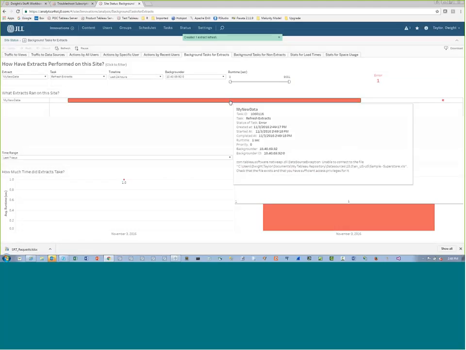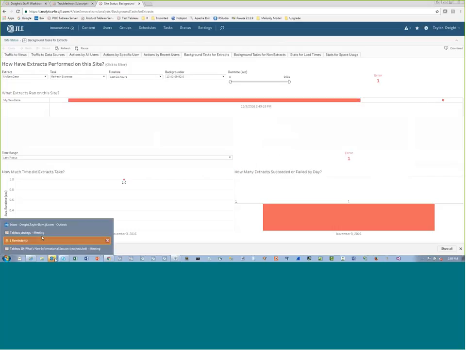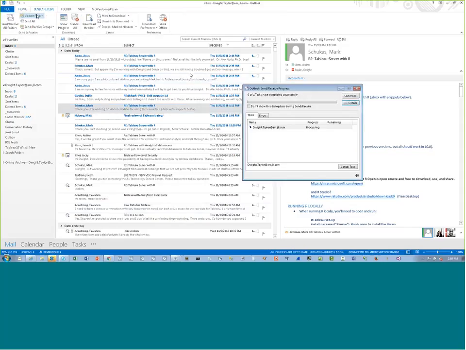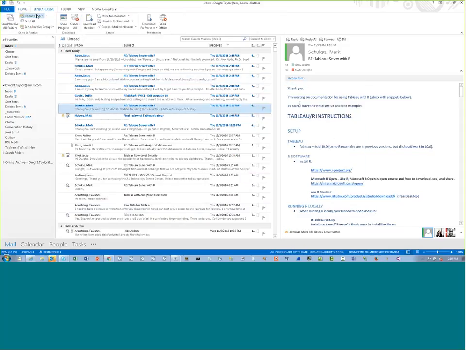And we can see that the extract failed. And the reason is that it's unable to connect to the file, Dwight Taylor sample-superstore.xls, which we expected. What we're looking for is an email to that effect. And so let's refresh our folder and see how soon Tableau is going to give us an email of our failure. Now, this feature, I will comment,